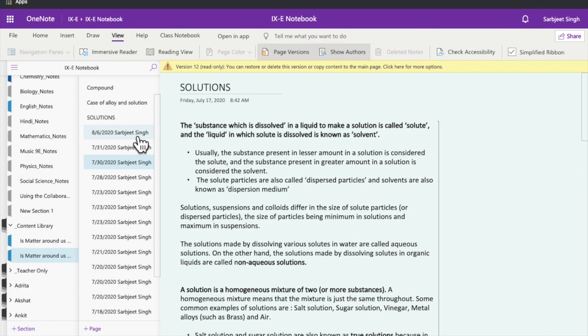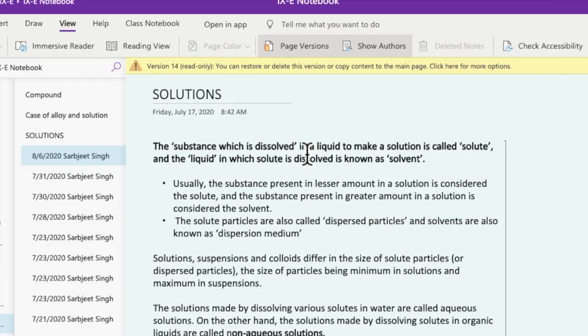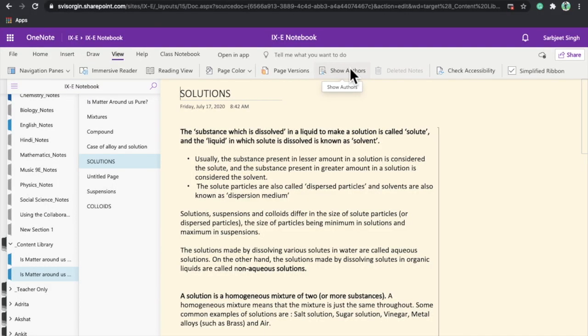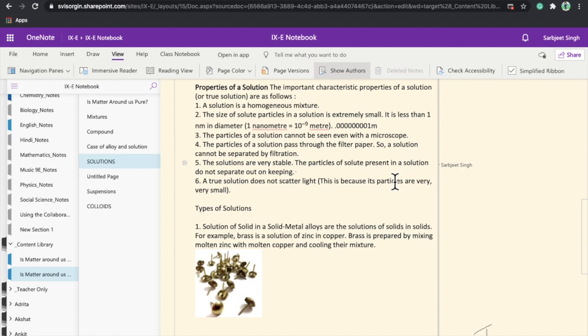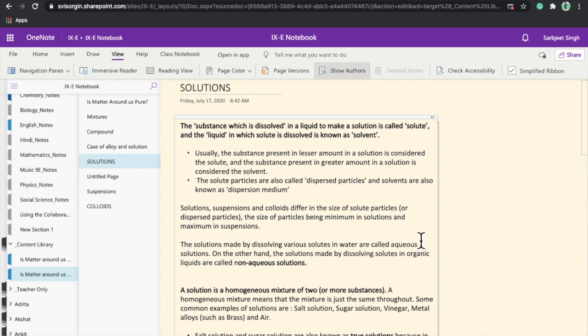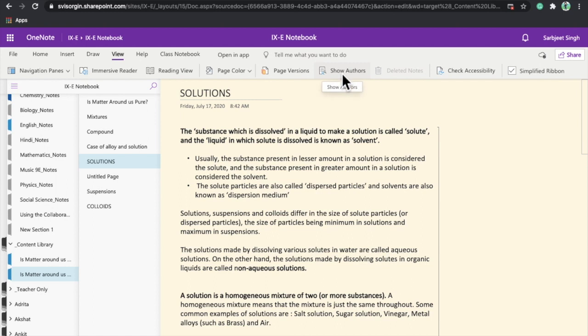So what you will do is you will right click here and you will restore that version. And in case you want to hide all these versions, click on this page versions again. Next option shows authors. Say for example as a science teacher, if I click on show authors, what will happen? My name will appear as an author. In case there is any other author, if you click on show authors, you will see the names of